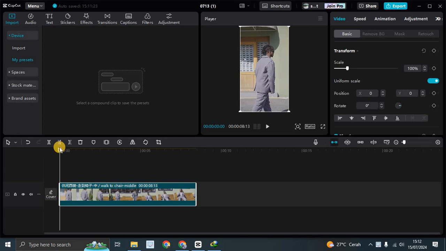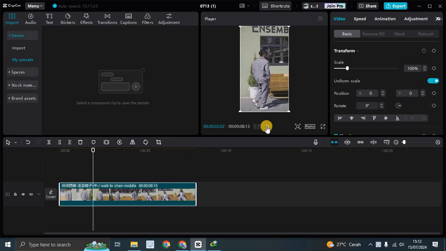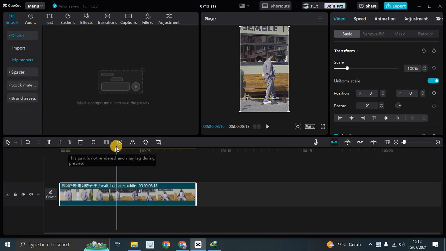On today's tutorial, I'm going to show you how you can create a zoom effect for your openings in a vlog video in CapCut PC. So here you can just start by adding your videos like this, and then what you need to do next